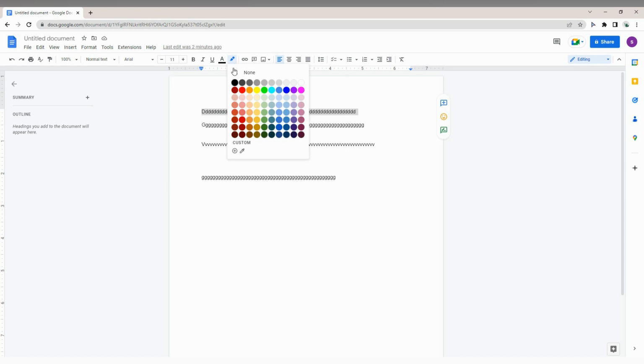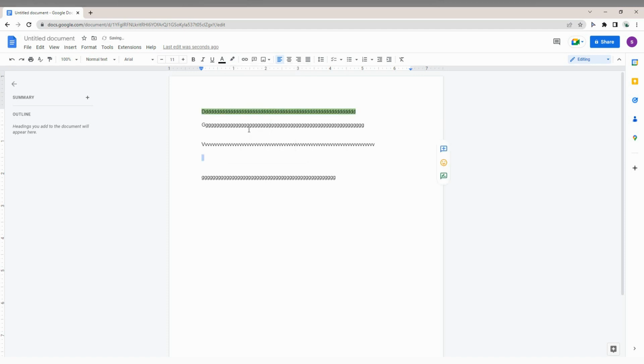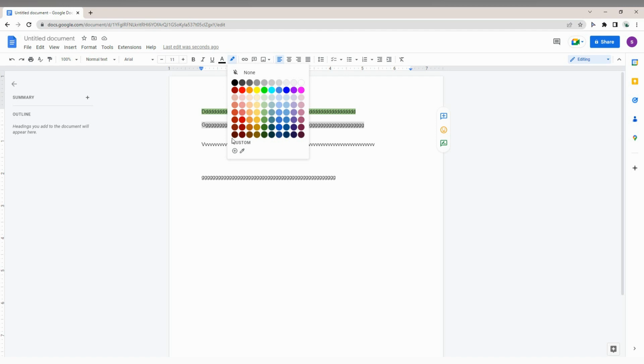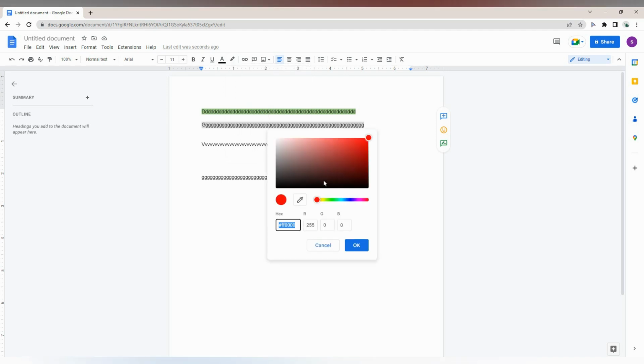You just pick this color. You can see a lot of colors, and you can choose any one of them. For example, I choose green. If I want a different color for this, I just click here, and you can also choose a custom color from a wide range of colors. You can also type the RGB values of the color that you want,